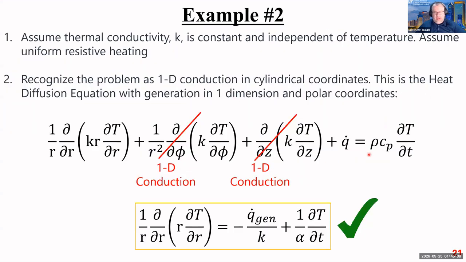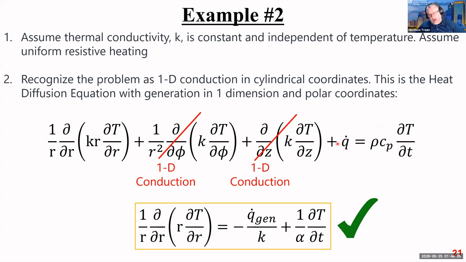So there may very well be some energy storage and some need to calculate a temperature with respect to time. So I'm going to leave this there. With my assumption that k is constant, I'm going to pull k out of all my derivatives. The only derivative that's left is this one, so I'm going to pull k out of this derivative. And here I am just rewriting that same expression, with k pulled out as a constant, divided through both sides, and then this